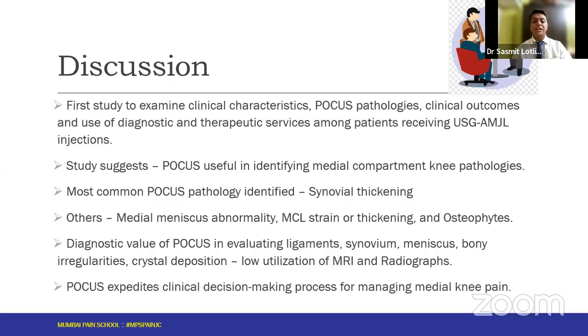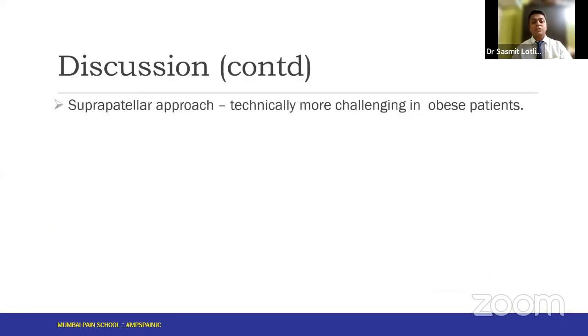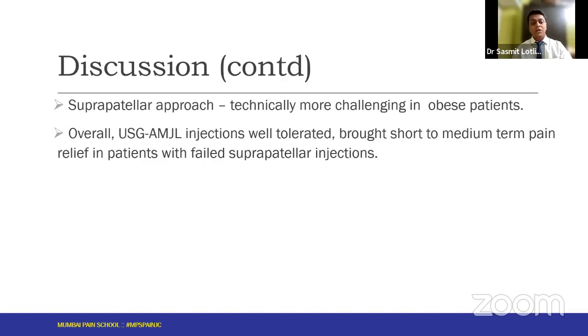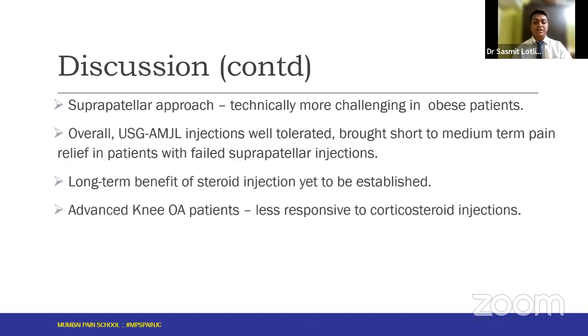FOCUS also expedites the clinical decision-making process for managing medial knee pain. The suprapatellar approach, which is commonly used, is technically more challenging, especially in obese patients. And overall, the ultrasound-guided anteromedial joint line injections were well tolerated. They brought short-term to medium-term pain relief in patients with failed suprapatellar injections. However, the long-term benefit of this injection is yet to be established, and advanced knee osteoarthritis patients were less responsive